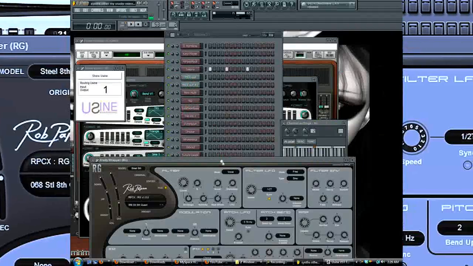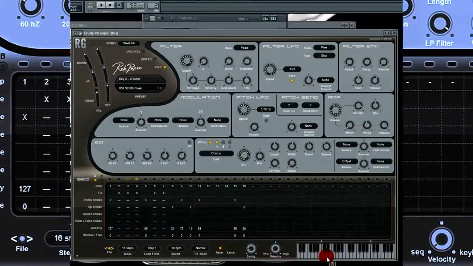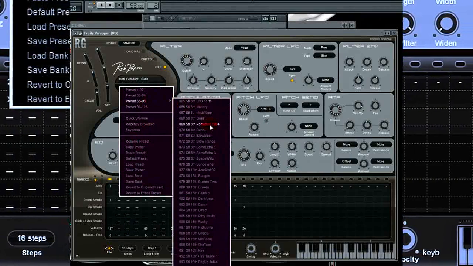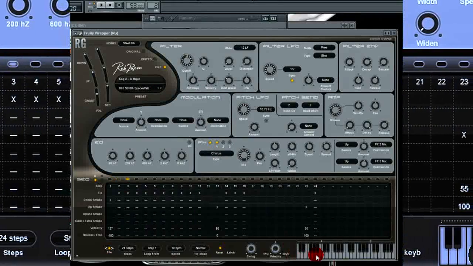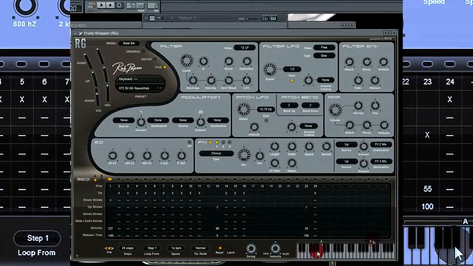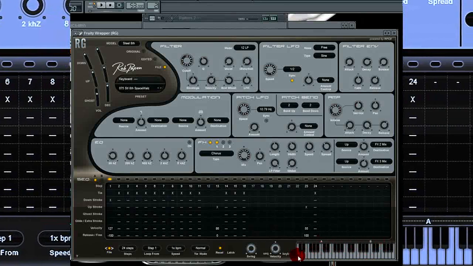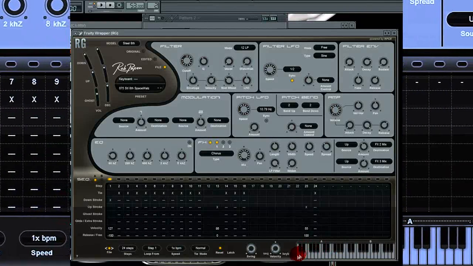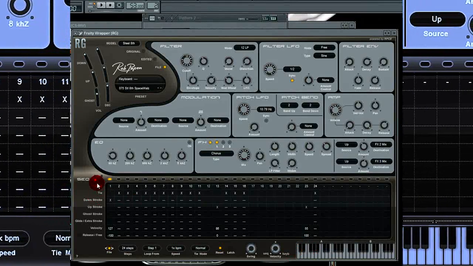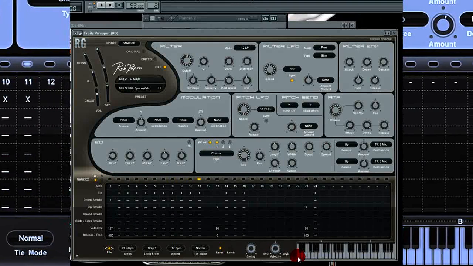But here's RG. Yeah, Rob Papen's rhythm guitar. This thing is dope. Alright, see, we got all the presets up in here. And how it works is you got a sequencer and you have an A and B. And down here, it represents what's on your MIDI keyboard or whatever. You have your A and B, and how it works is your first set is major of your A part of your sequence. So this would be C major, and now